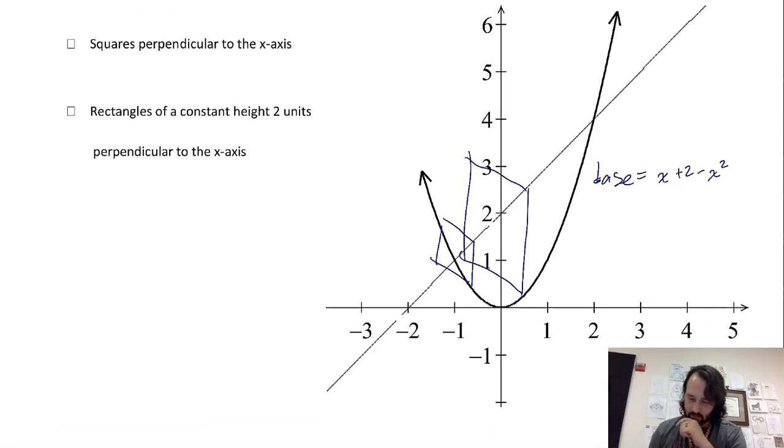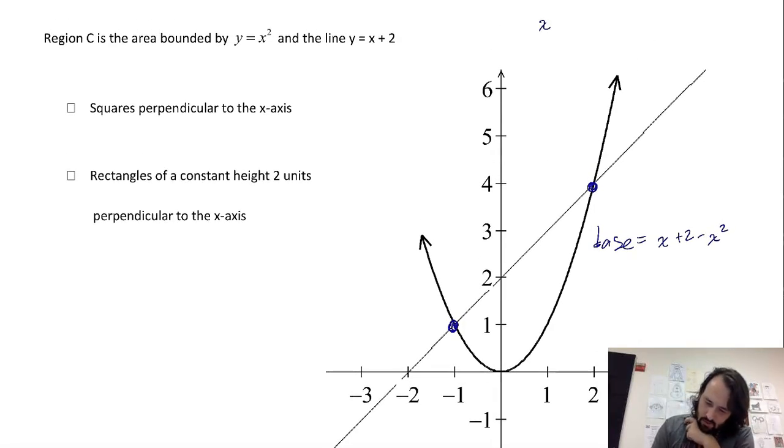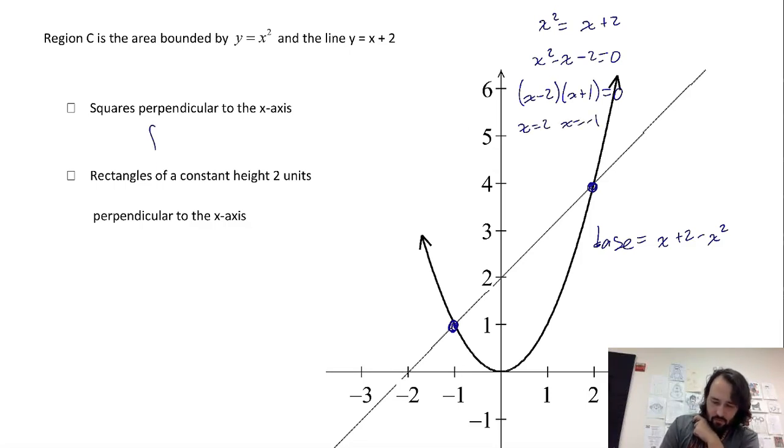I need to verify where they are intersecting. It looks like -1 and +2, but let's make sure. So let's find their points of intersection. Yep, so it's +2 and -1. So I will be going from -1 to 2, and they are squares, so I just need the base squared. So I have x plus 2 minus x squared